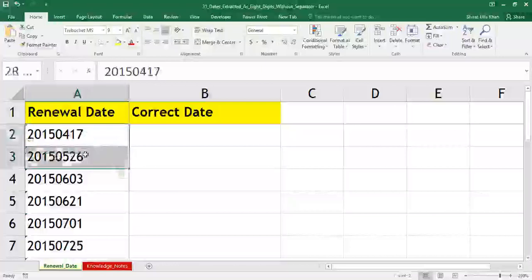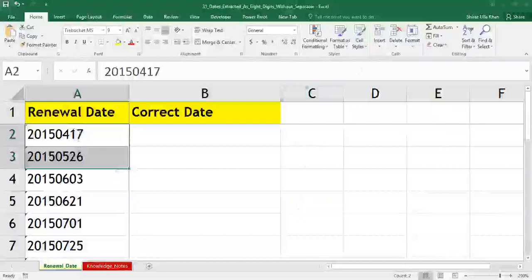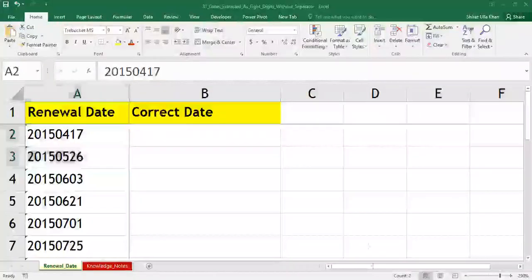Or another way of identifying whether it is a number or a text, I'll just select these two cells A2 and A3. When I select the data from A2 and A3, if it is a number, in the taskbar here, people, let me annotate once again here. If you see here, you get only the count. You don't get the sum. If it is a number, you get other summarization functions like sum, average, count and all.